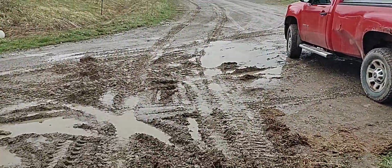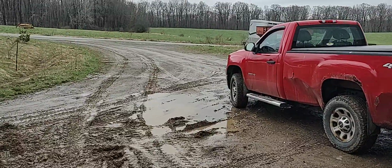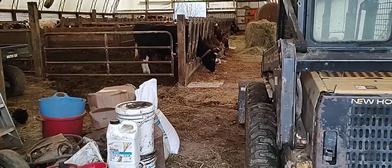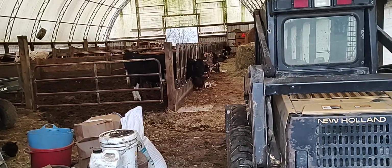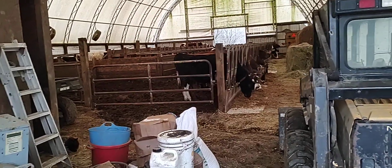What I got left from last year yet is that open pollinated Reed's Yellow Dent I planted. I still got approximately 2 bags left of that. And that's the corn that I ended up chopping off for silage because it wasn't going to make it. Like I've said before, I knew it was kind of a mistake to be planting